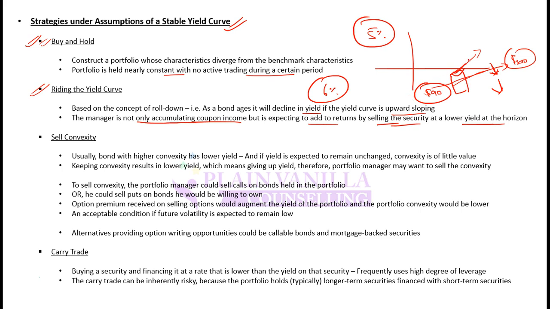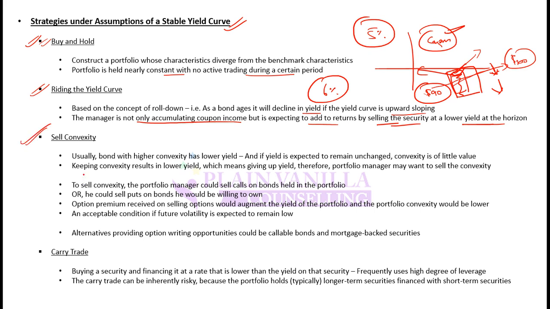So what you can do is, based on your expectations, if you think that in future yields will be going up, you can sell the bond here and book an extra return. So you will be getting coupon returns. In addition to that, if you think it is favorable to sell it, you can also make a profit by selling it. That will depend on your expectations of the yield curve.